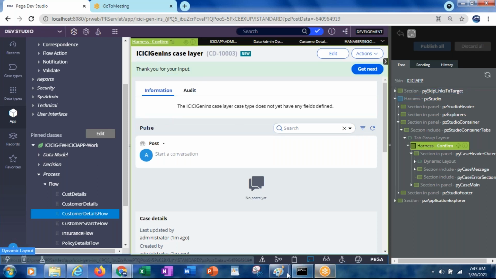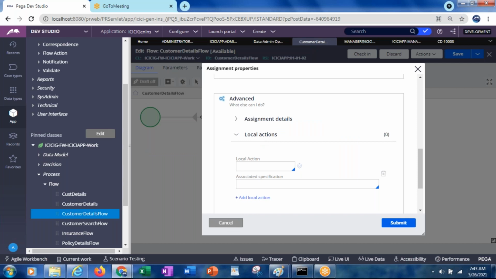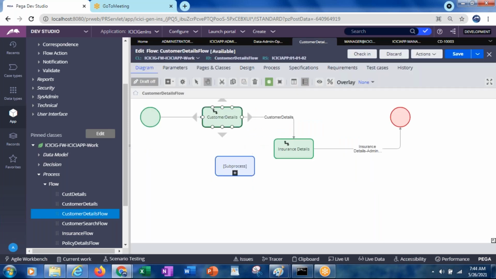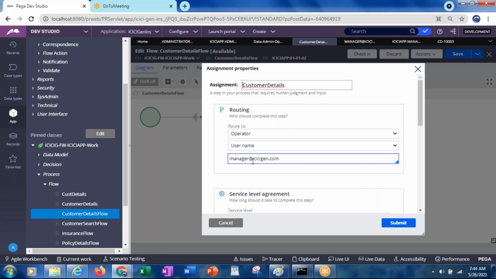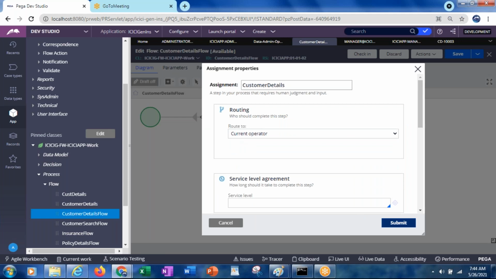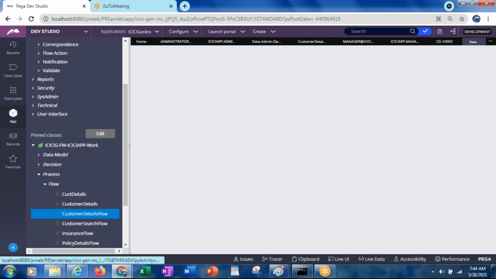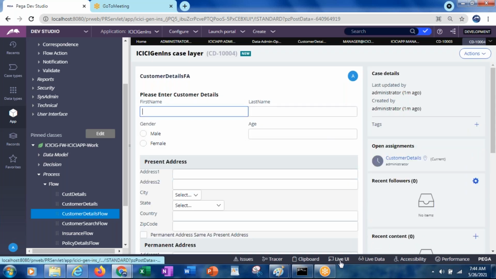Okay, now remove this live UI. Run the flow again. Sorry, we would like to give it to the current operator, right? Did we give it to? No. Okay, current operator and submit. Save it and run it again. Okay, now go to the live UI